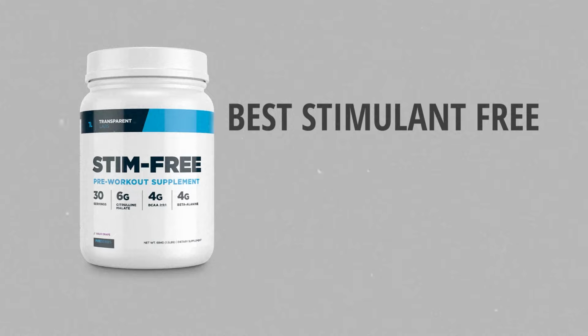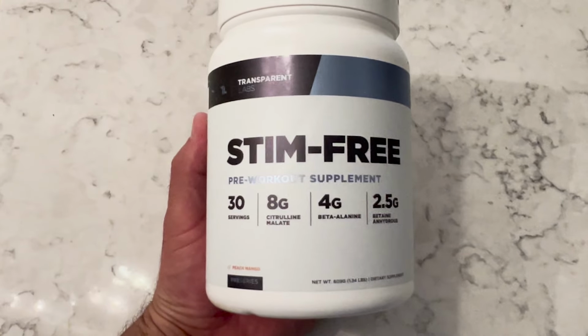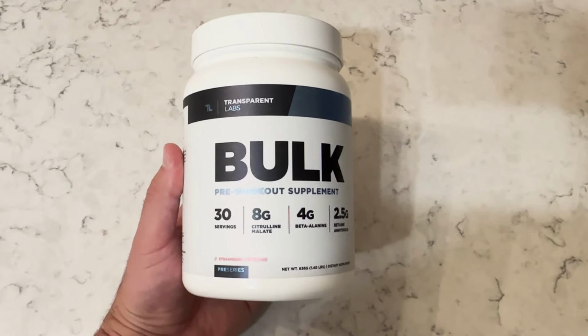The next category, the best stimulant-free, Transparent Labs Stim-free pre-workout, and we've given it an overall rating of 4.2 out of 5. Because I have a pre-workout for those looking for insanely high stimulants, it was important to me to have one that suits the opposite end of the spectrum. Now, Stim-free features clinical doses of all the same strength-boosting ingredients found in the TP bulk, with the obvious exception